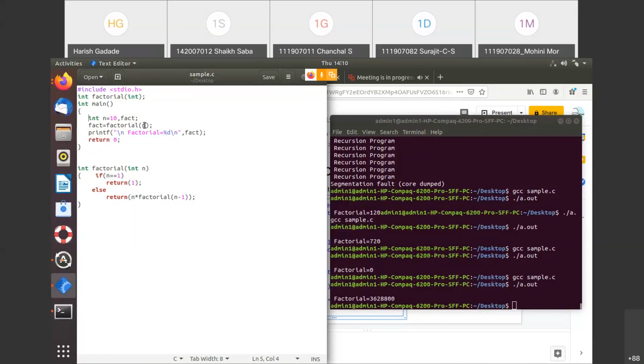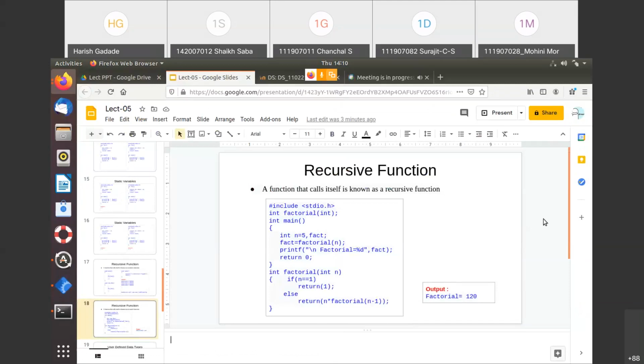This is a very simple program. The main thing is that this is a function, a recursive function, and we are calling this function again and again, right? So this one is an example of a recursive function. I'll not spend much time on this, because this is a very small part. Here you only need to understand what a recursive function is and how it works, right? So any doubt about the recursive function? Otherwise, let's move to the next part.